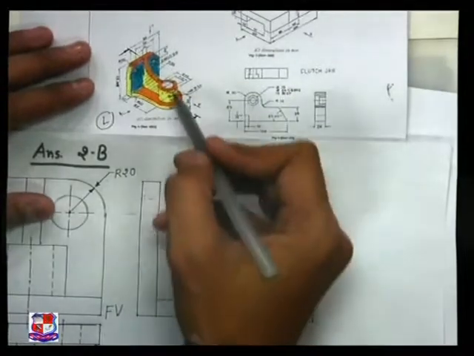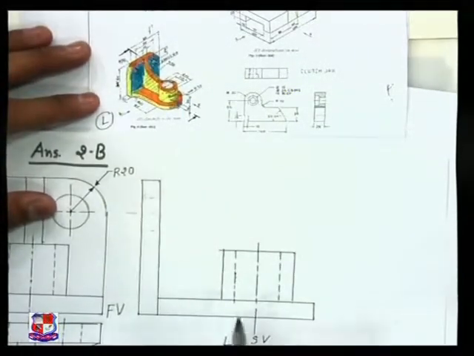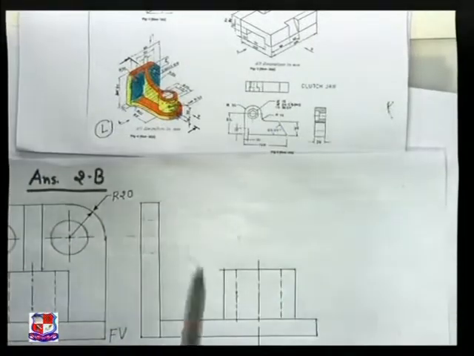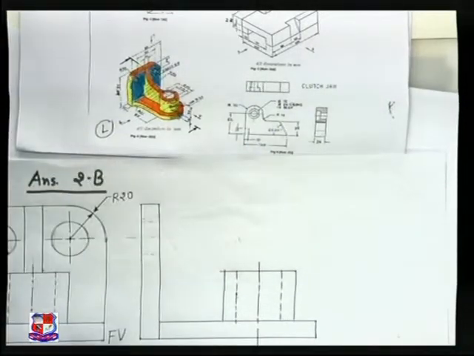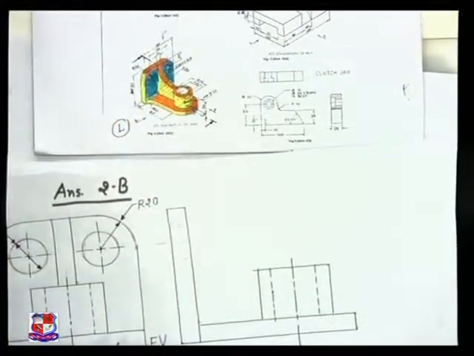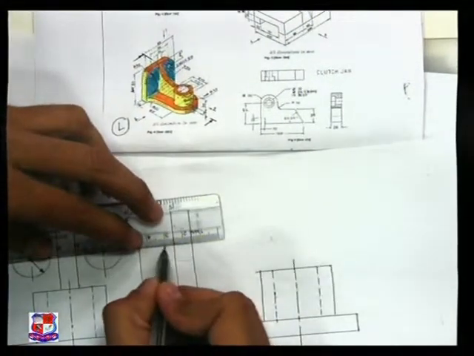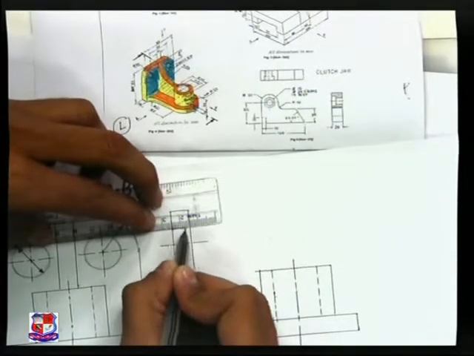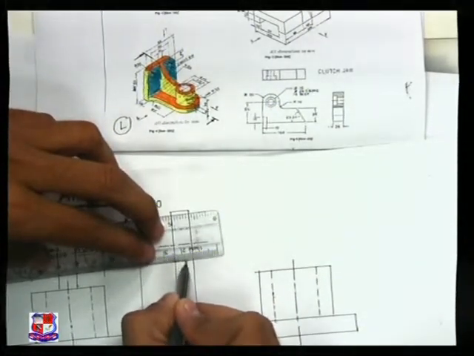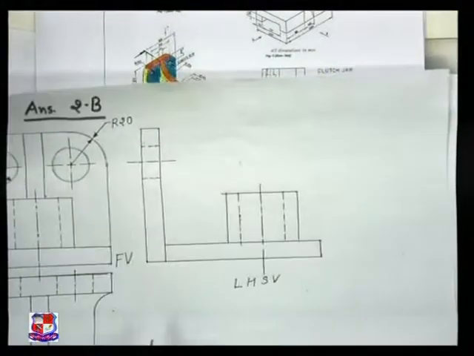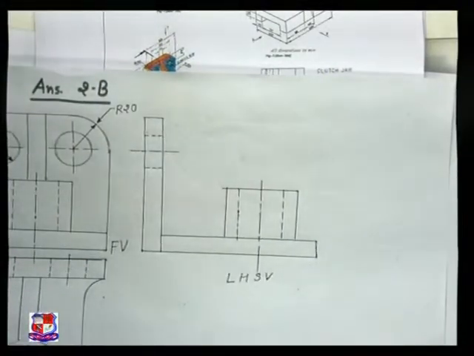We assume that the hole is drilled to this portion only. So we have drawn dotted line up to here, because from this diagram we cannot conclude what should be the depth of this hole. Here in side view, these circular holes will also not appear. So they should be represented by dotted lines like this, center line and dotted line of the hole like this in the upper edge. Two holes are there, both will be inline with each other, so one hole would be visible.